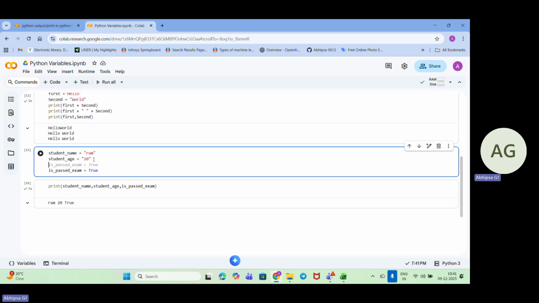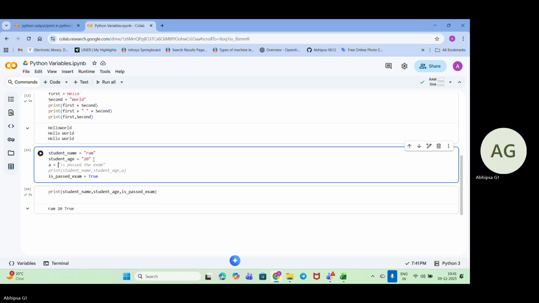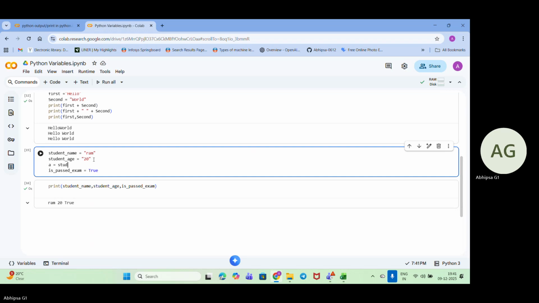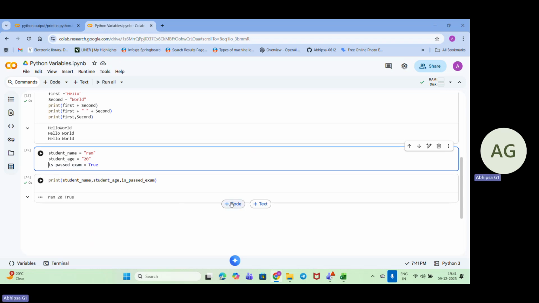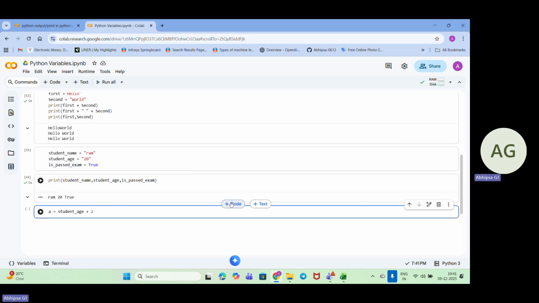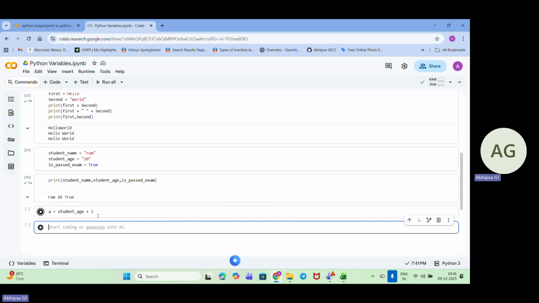Now, if I need to do any of the operation, like suppose A equals to student age plus 2. Let me write it somewhere else. Let's write it. Okay. And I want to print A.